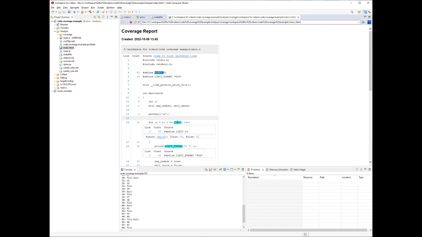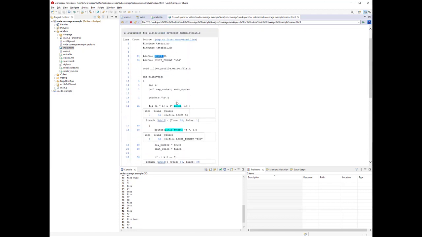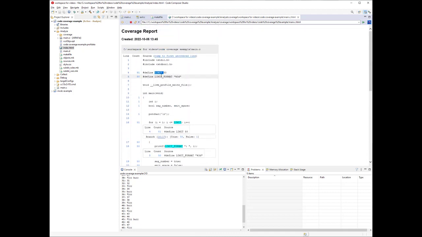This one, appearing on line 16, is 51, and if I go down a bit, I can see this one on line 37 was executed 40 times, so 40 plus 51 is 91. So that's where that comes from, and so on and so on. The limit format preprocessor symbol appears here. That line was executed 50 times, and so on.